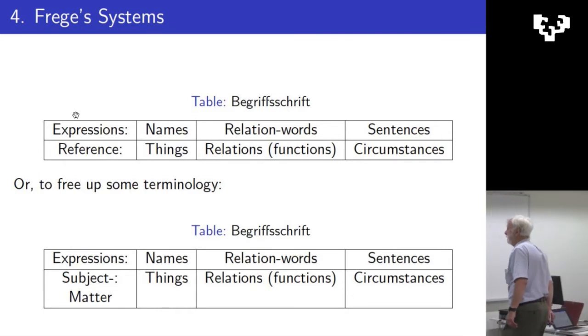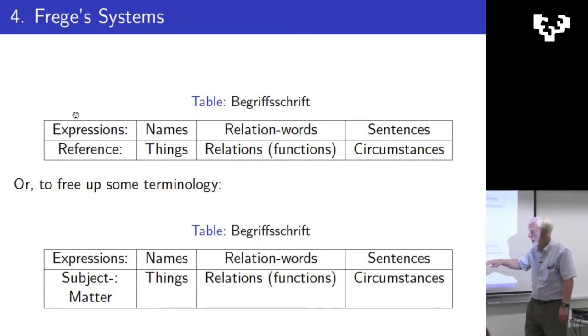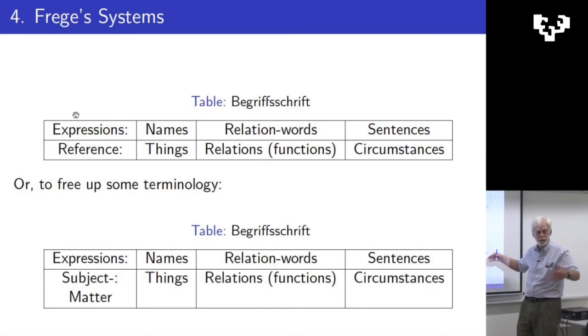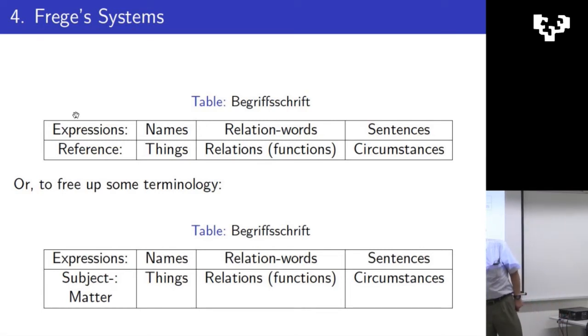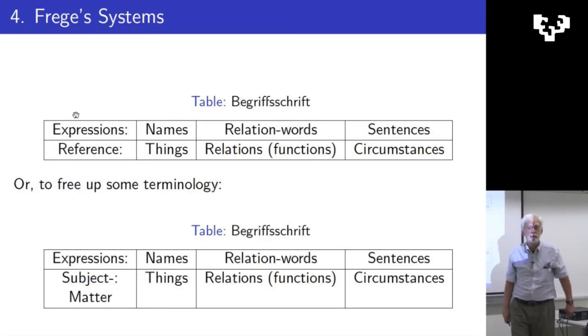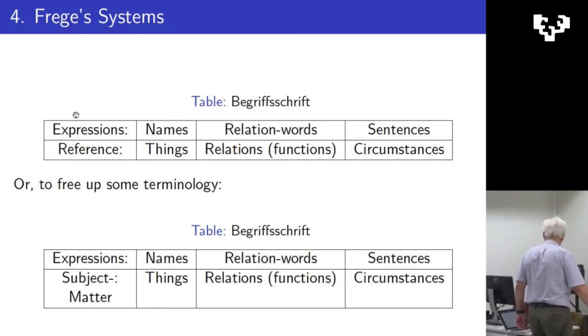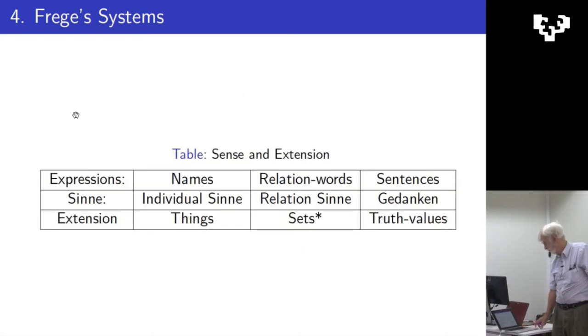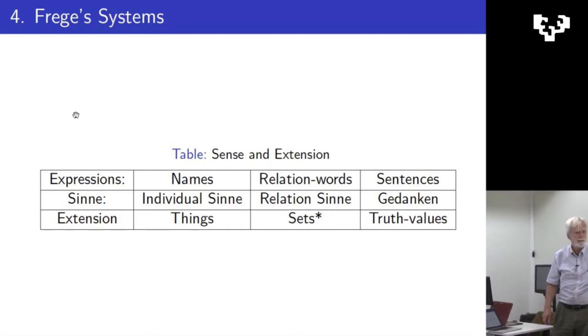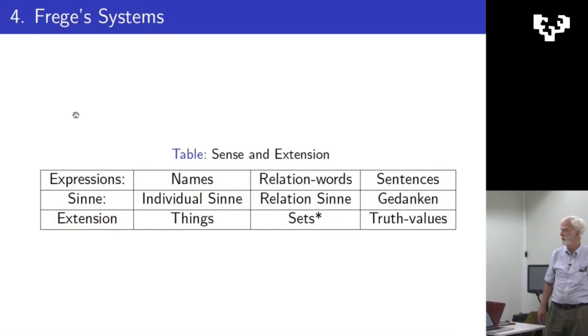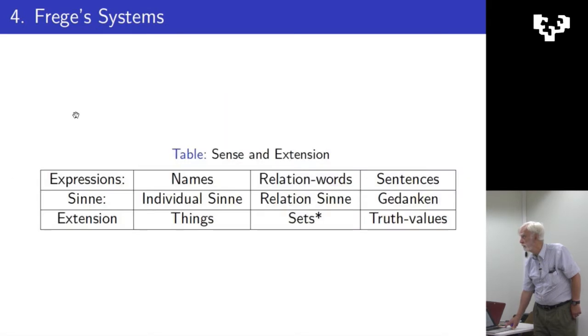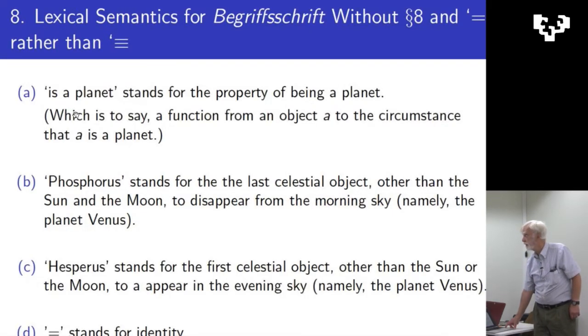We're interested in things, relations, and whether the things do or do not stand in the relations. That's what we're usually interested in. That's what the information we're usually trying to convey is, but that's an aside. And then if we also retire the word reference from the second theory, we get, call it sense and extension, and so there we have two levels, three levels if you include names. Got the asterisk there by sets. Okay, just reminding you how it works.